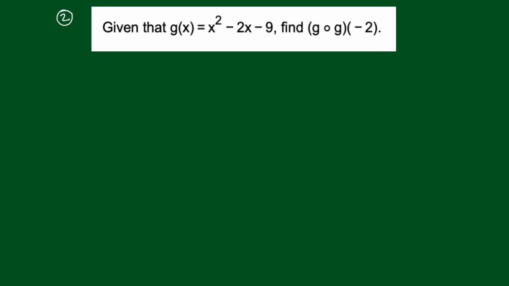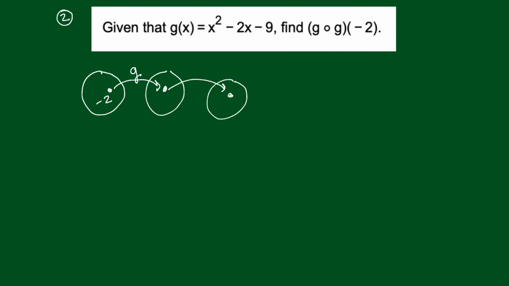We've got a quadratic function, g, and what we're going to do is process this -2 over here twice with g. Let me give a picture of what's going on. We're going to start here with our inputs. We're going to input a -2, and then process it with g, get a result, and then process it with g again and see where we end up. So let's write it here. We're going to have g circle g